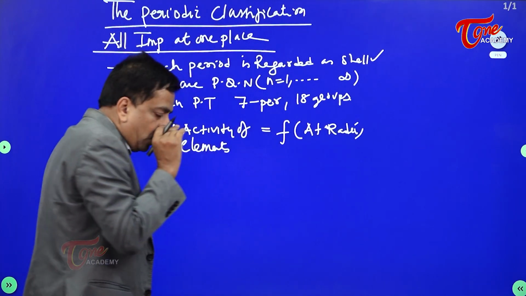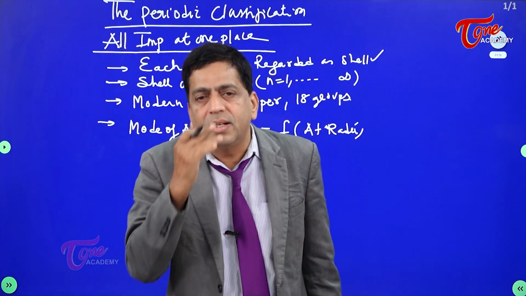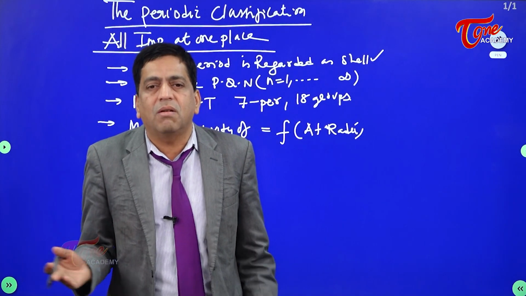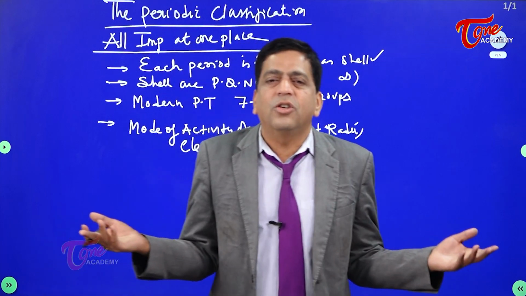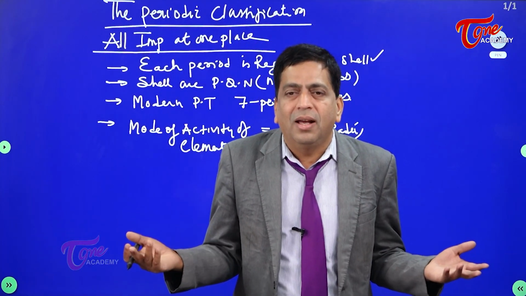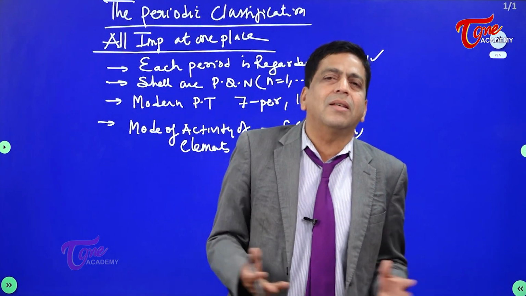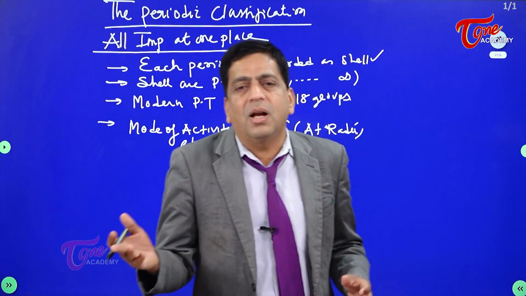You must understand, when I was detailing the entire chapter, I was always telling you that you name any periodic property which repeats itself at regular intervals, they're all functions of atomic radii. So if you ask me, you have 120 elements in the periodic table, and what is the difference between all the 120 elements? It's basically size. So the mode of activity which I'm referring to is nothing but the physical and chemical properties,